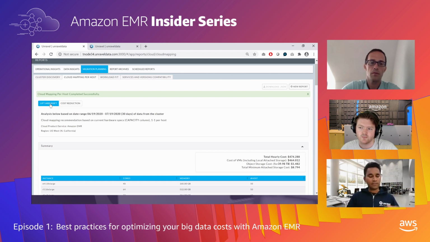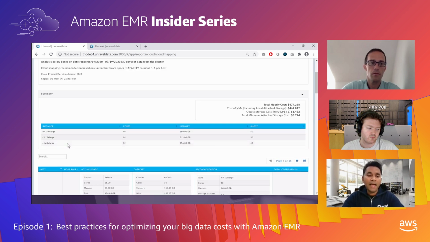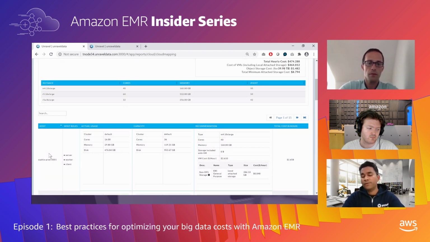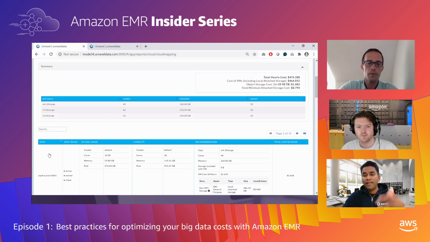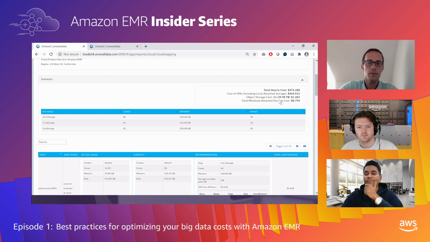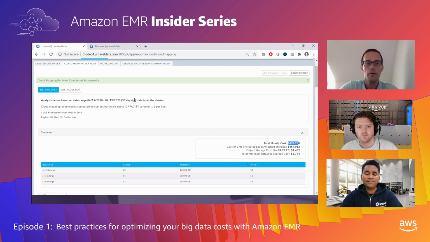If you lift and shift, which is I want to do a one-on-one on-prem to the cloud migration and not change all the underlying infrastructure and want to have that same capacity there, then Unravel will map every host and all the services and all the applications that you're running to the appropriate AWS environment, and also give you a cost for running that. So in this case, it's saying, hey, it's going to cost you about $475 per hour to run this on Amazon.